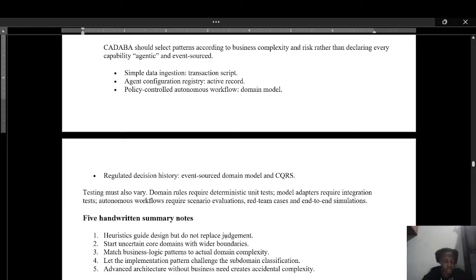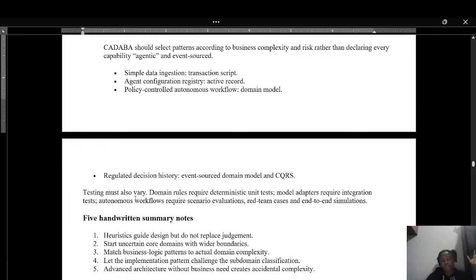All right, guys, so let's summarize what we have learned in this chapter. In this chapter, we looked at designing heuristics. This actually talks about choosing architecture based on business complexities. Remember, in our past study, we said that if the business is simple, design a simple architecture. If the business is complex, design a complex architecture that meets that need, and also design based on the business